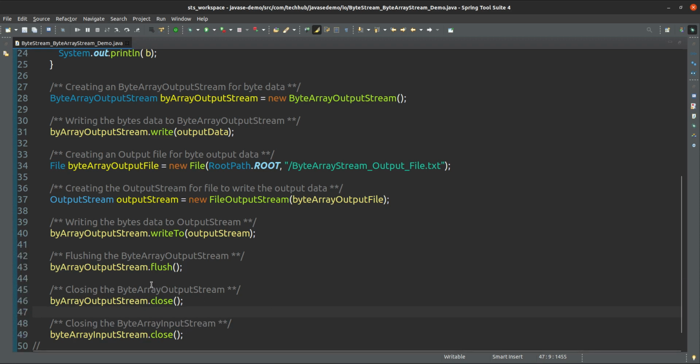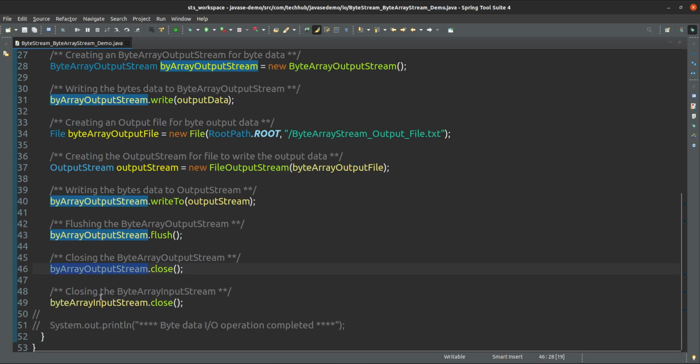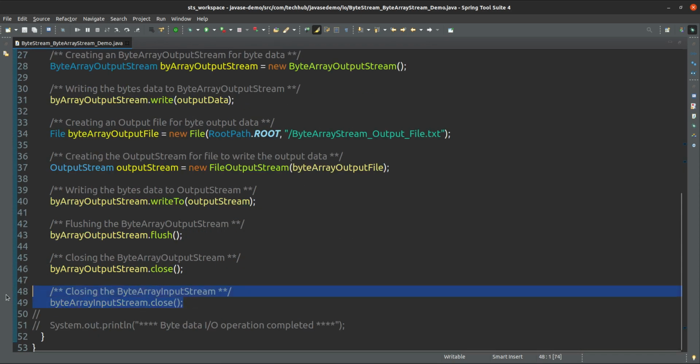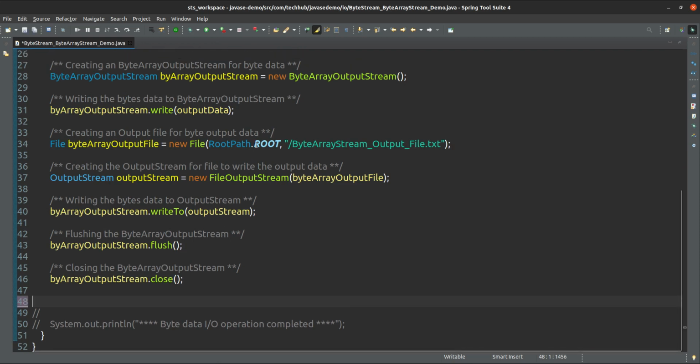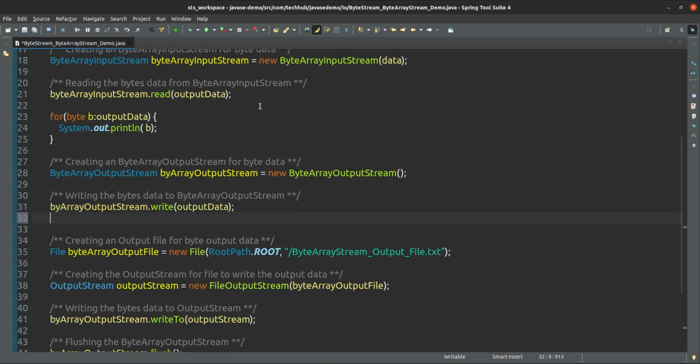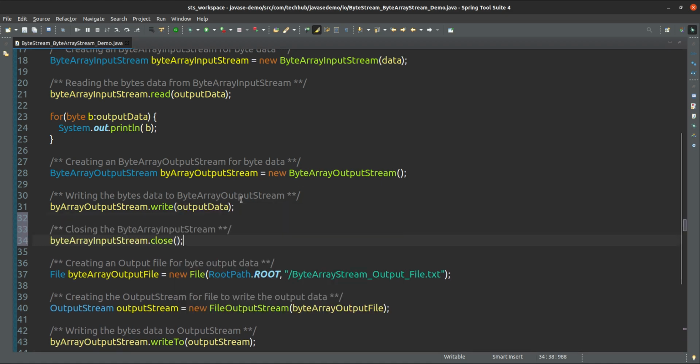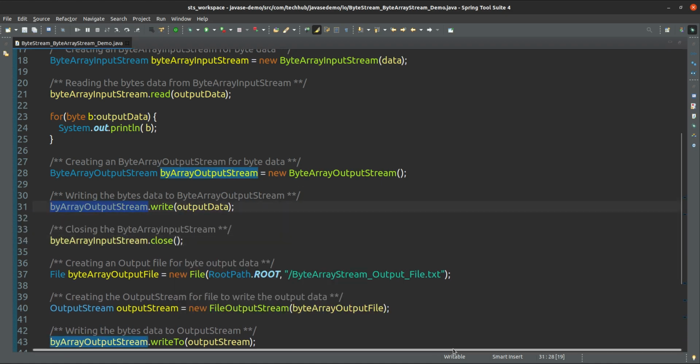Yes, we are flushing this byte array output stream, and we are closing the byte array output stream, and then we are closing the byte array input stream also. That we can close above also, no issue. After writing this one, we can close.